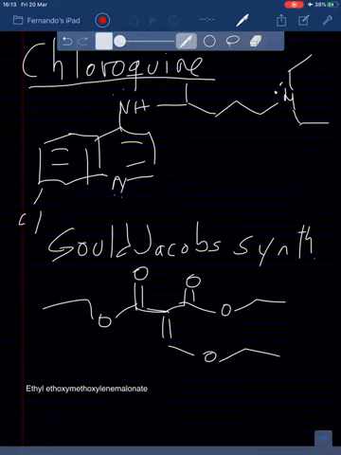Chloroquine, I think, is going to be a major subject of interest in the near future due to the properties that this anti-malarial drug or medicine has presented in the past months, right? And as you can see, we already have the structure here on the top of the screen. And let's see where we can make this connection to properly identify the synthons that we require for the synthesis